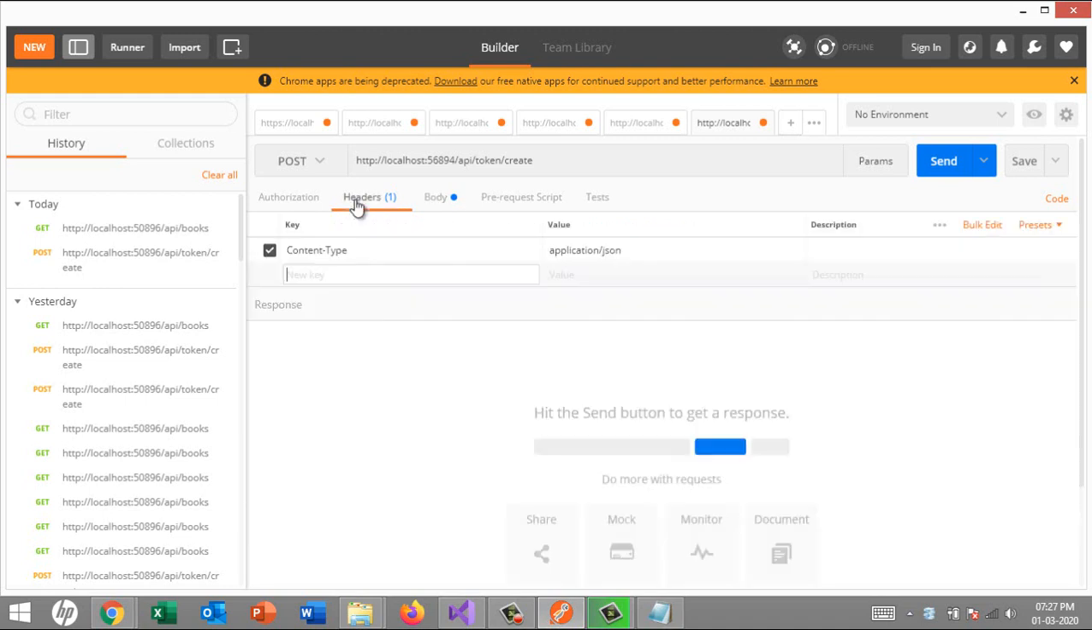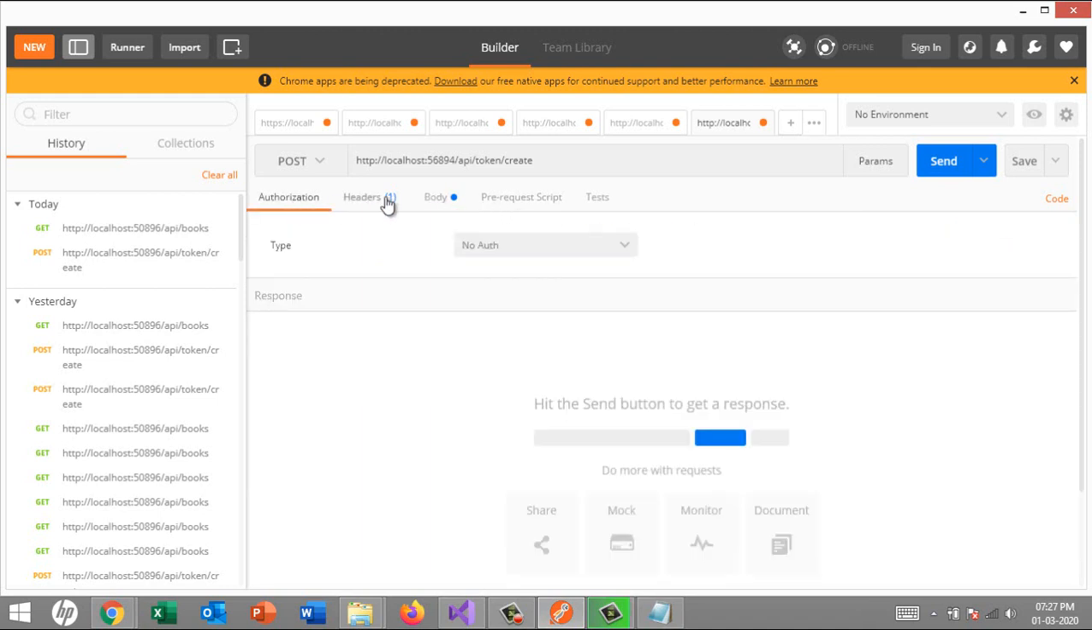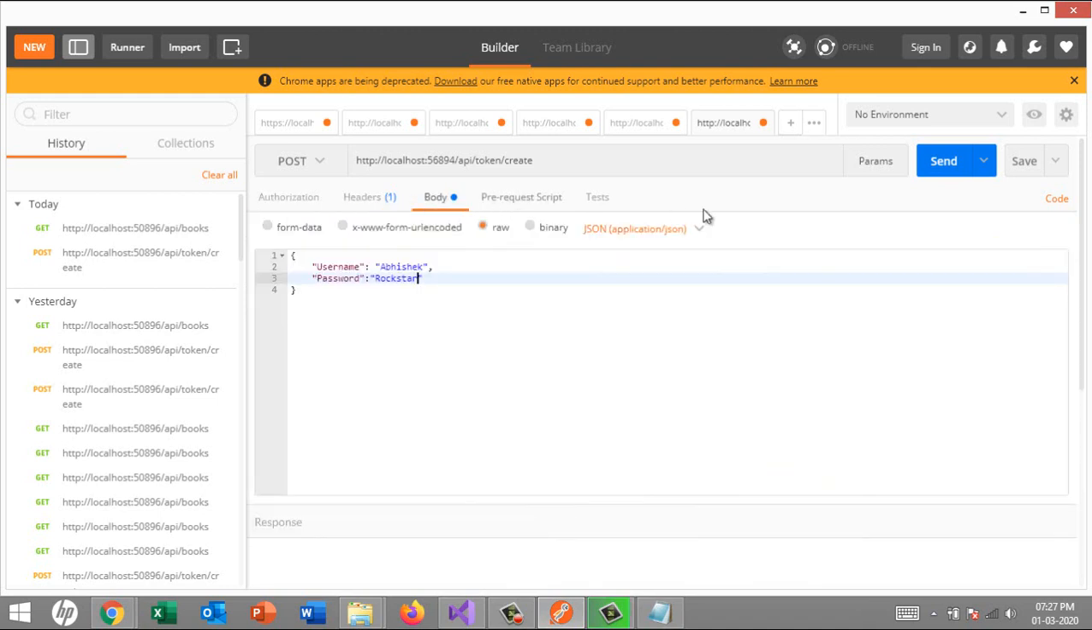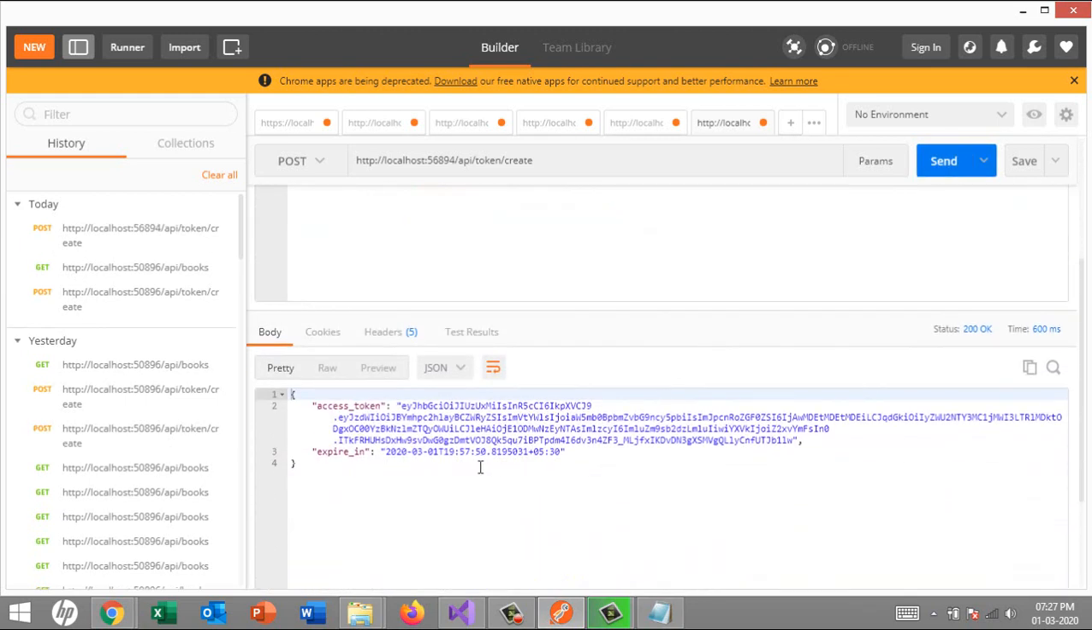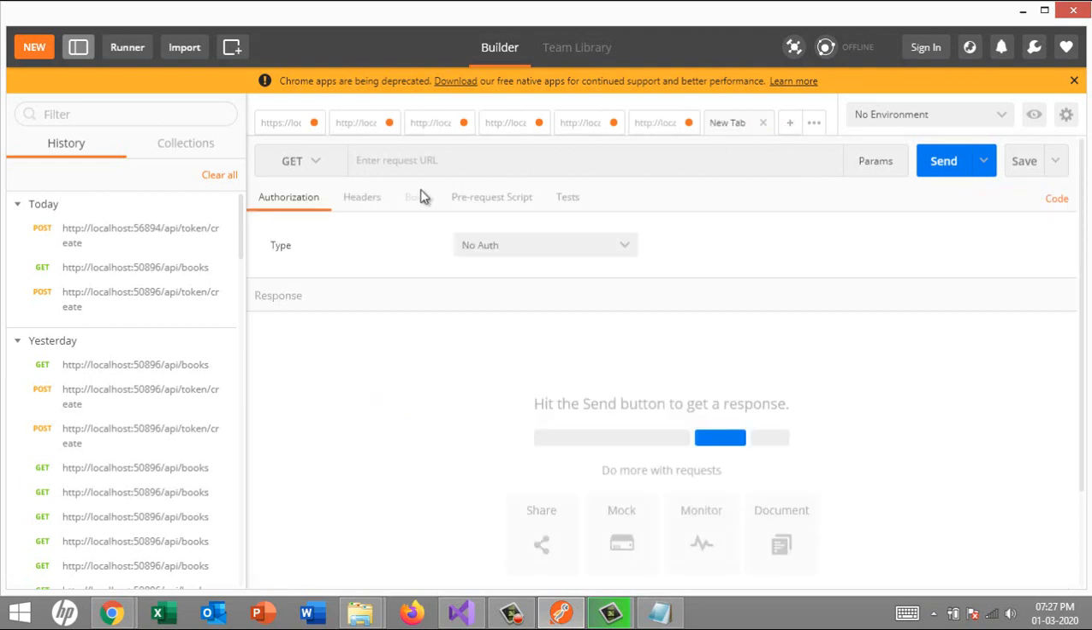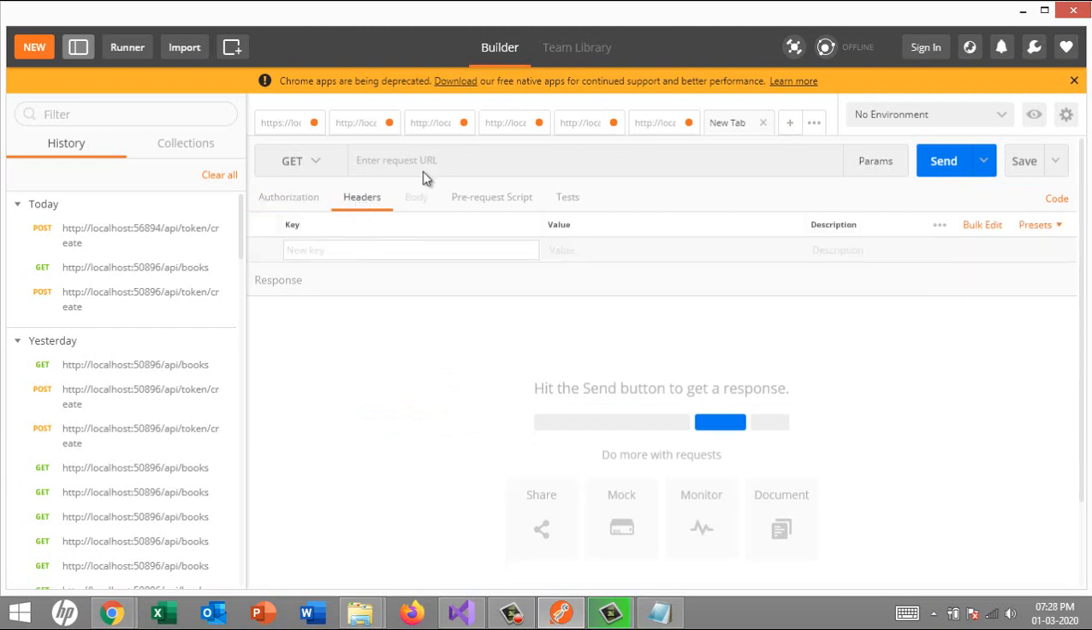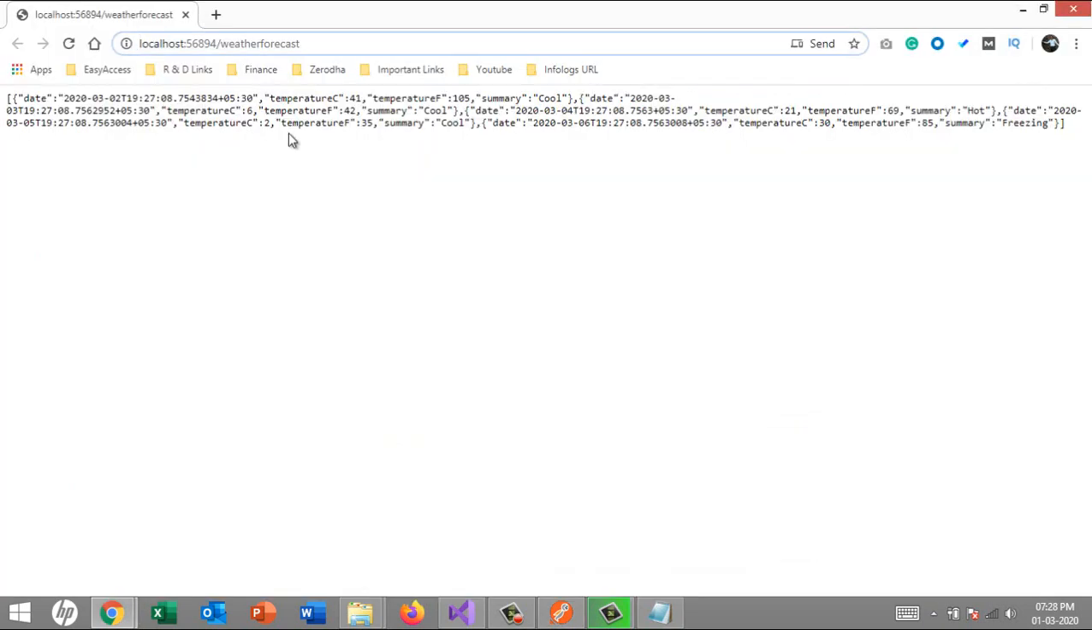Okay, so we have content type application/JSON. In the authorization we don't have anything. Now let's try to create it. Yeah, the token is successfully created, and now let's try to access the server,